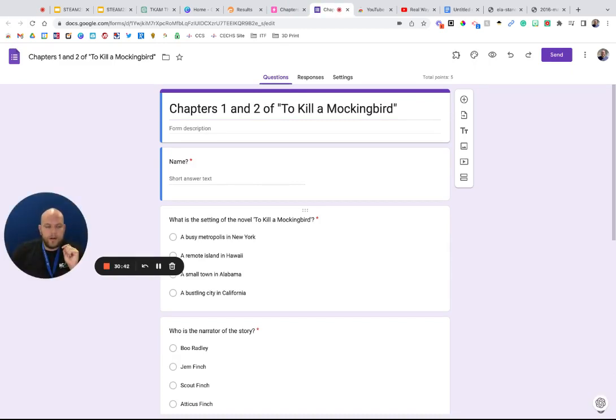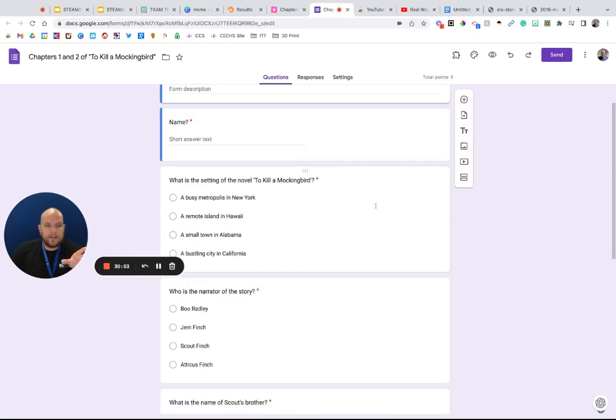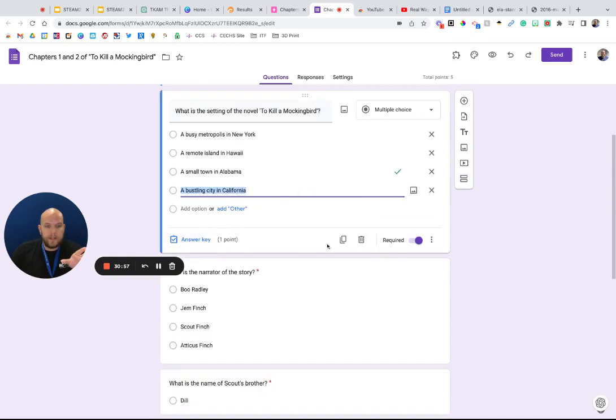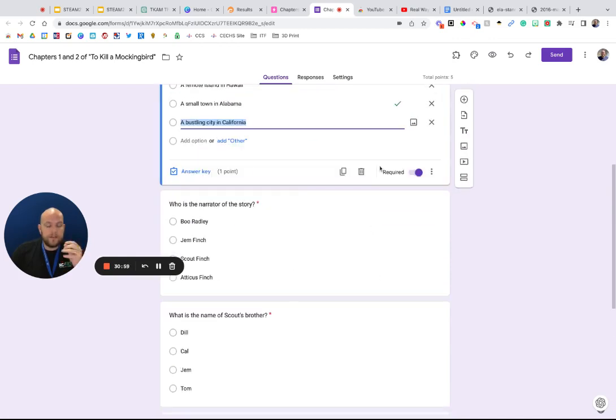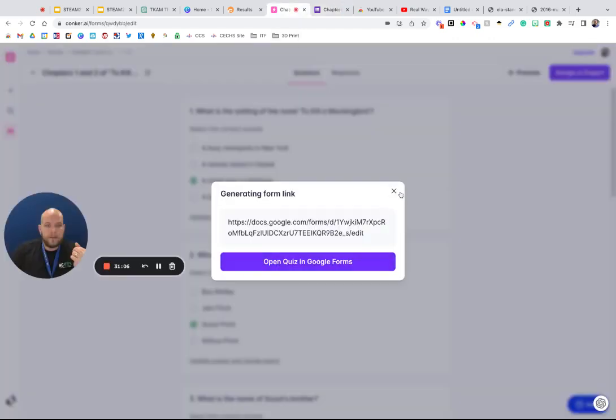So right here, this is kind of the workaround you have with Conquer. You can create your quizzes, send them to Google Forms, and even if you delete the quiz in Conquer, you've got this now. And these are quizzes, and so they've already set up with the answer key, their points required. So if you normally give Google Form quizzes, you can do it this way. It's a great option for that.